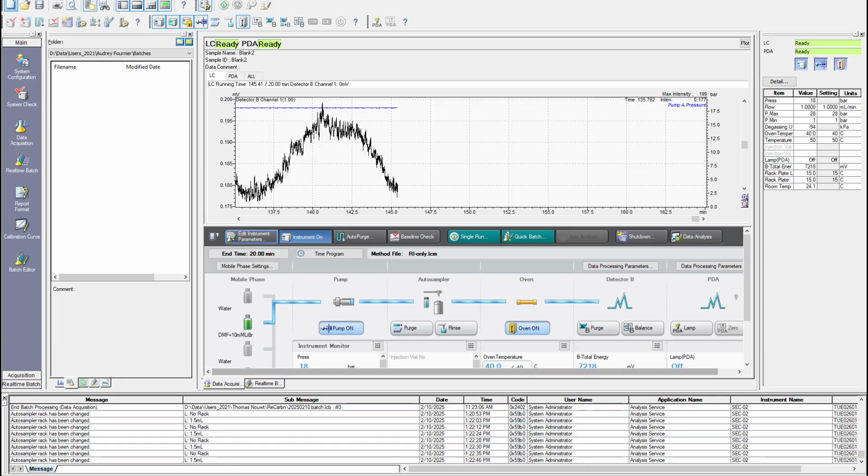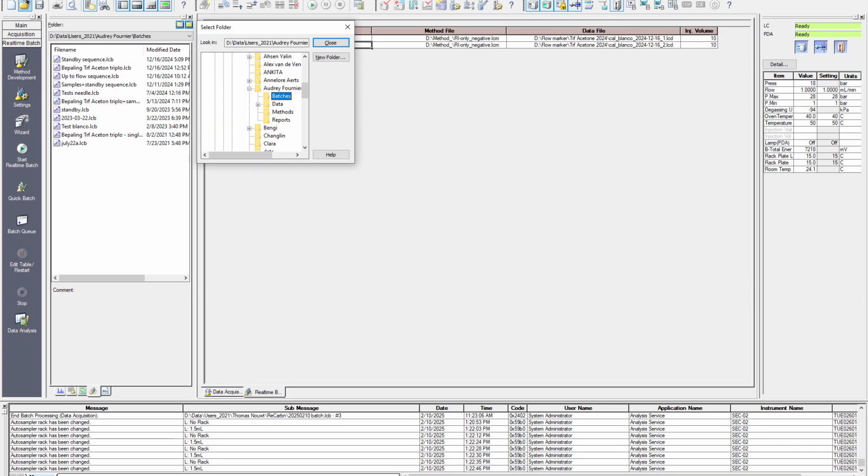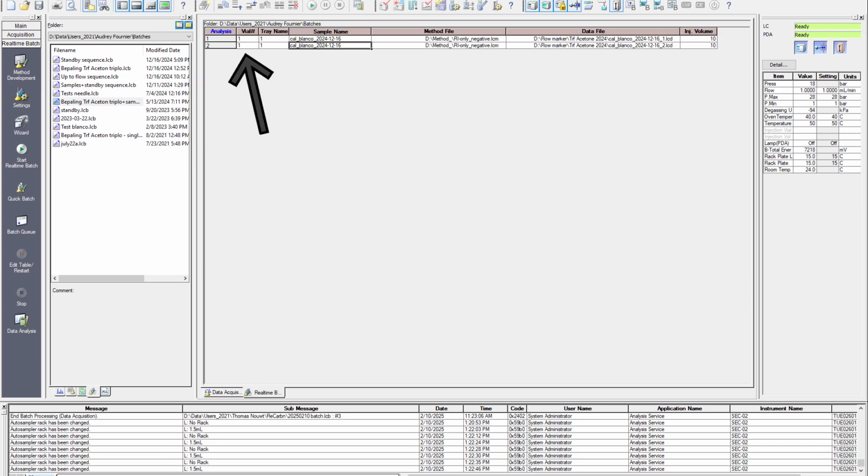On the computer, go to the Real-Time Analysis window. On the left from the main tab, open Real-Time Batch. From this icon, open the project folder you want to use. Now we want to set the appropriate vial number together with the tray number. You can find these on the tray itself. Also, label the sample name appropriately. Choose the appropriate method for your measurement. Select the data file where you want your measurement to be stored.